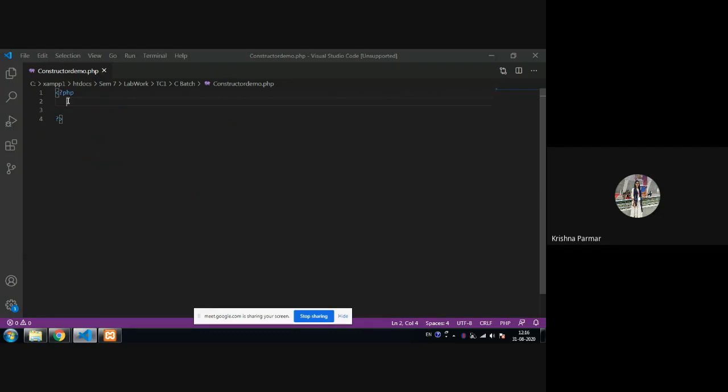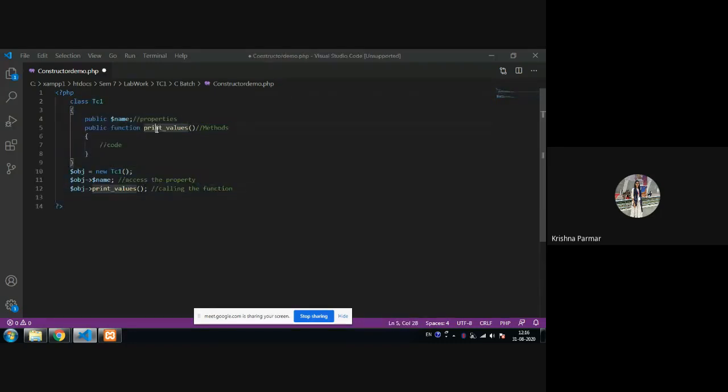Okay, fine. So whenever you are creating an object, at that time it is automatically called. Previously, we created a method and then we called it. But sometimes we have to initialize values, like the name property is there, but we didn't give its value.